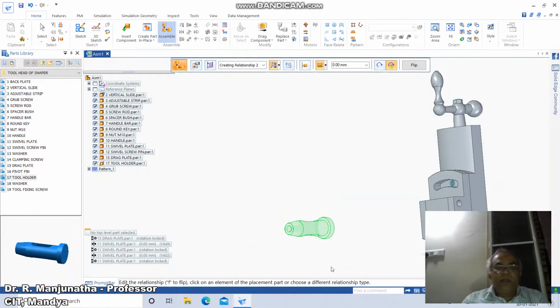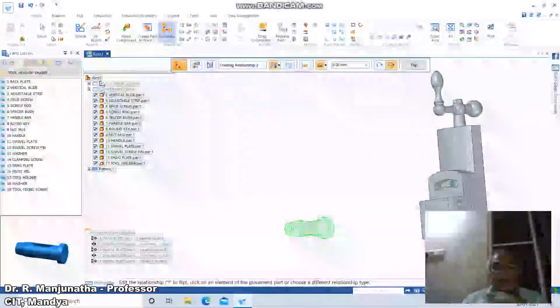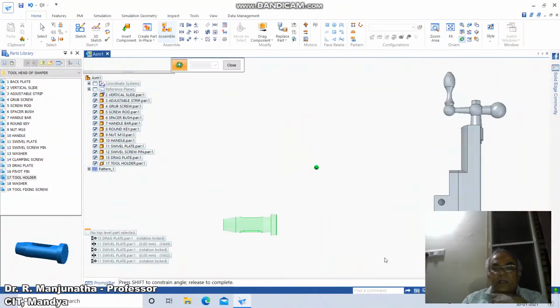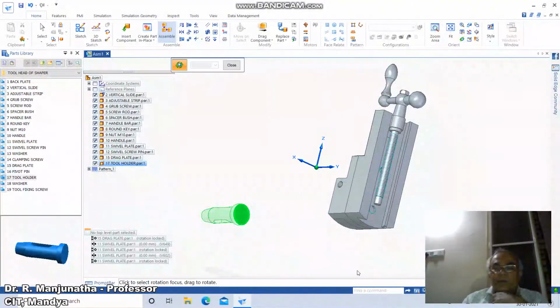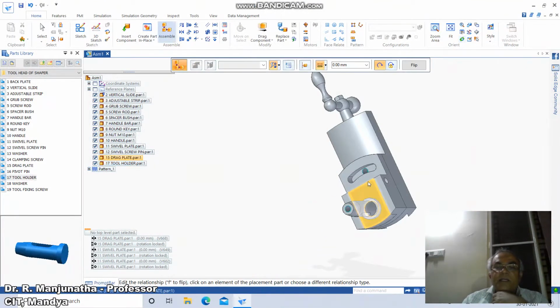From the component drawing and the part drawing, we see this depth is 17 mm. So we will go to assemble, click on this face with reference to this face, and then give minus 17 mm, so it automatically goes and locks inside.